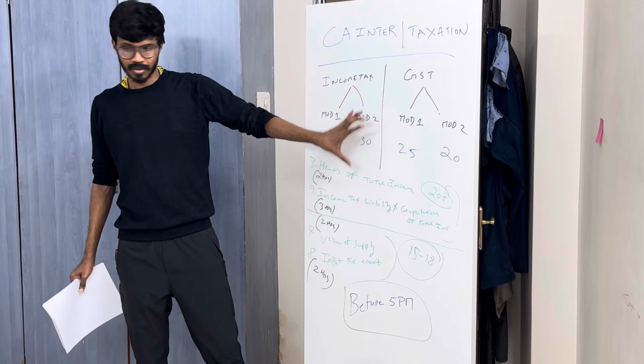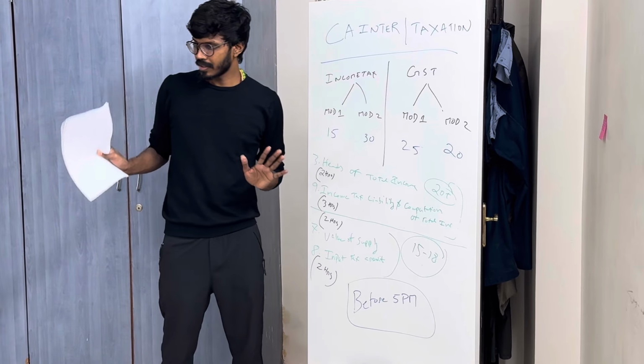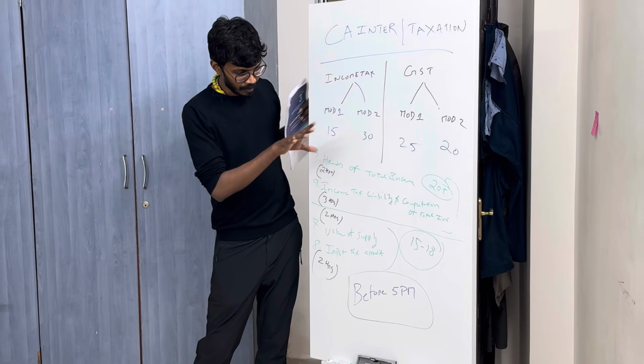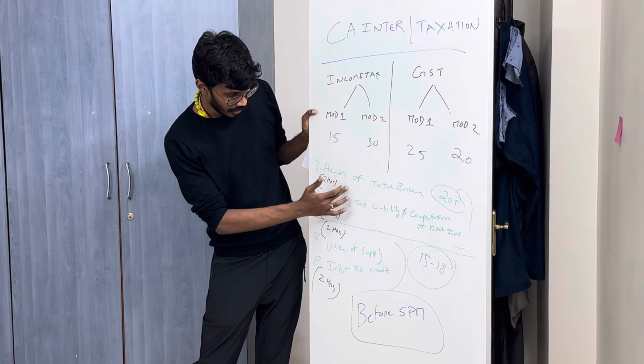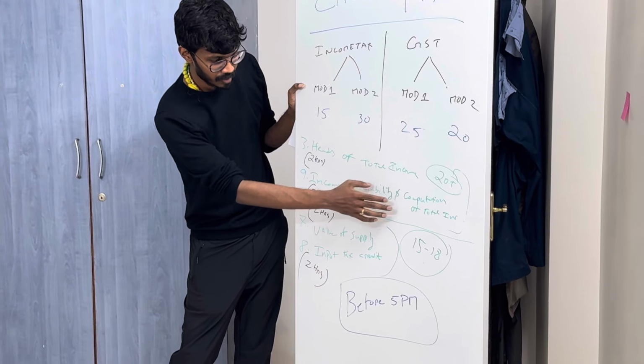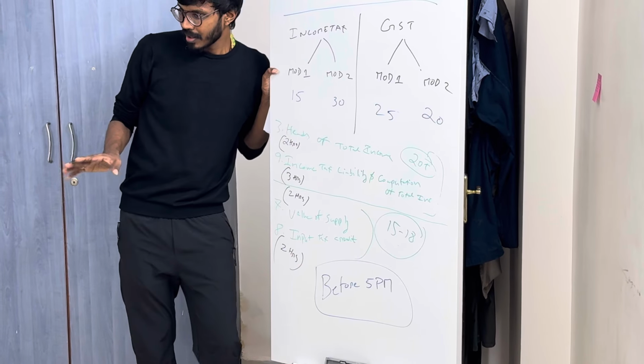Now here the module 2 is the most important. Module 2 of income tax is the most important, in terms of modules, if you are strictly sticking to the modules part. Now apart from this, if you look at specific chapters, heads of total income plus income tax liability and computation of total income. Again, if you can see this, which includes most of the topics,